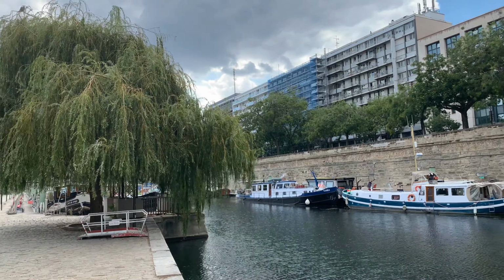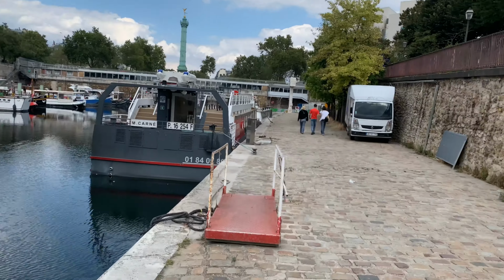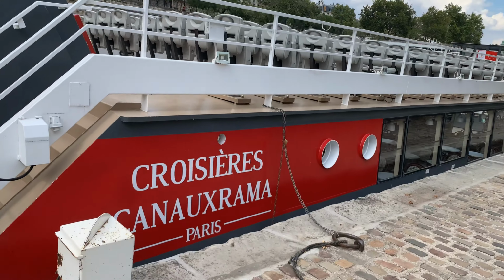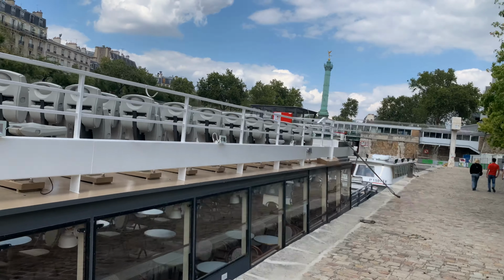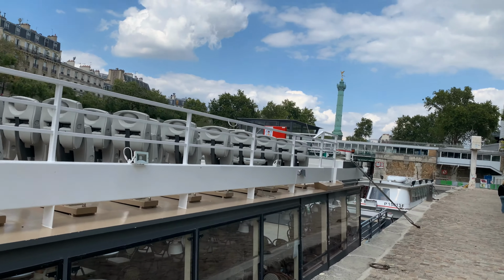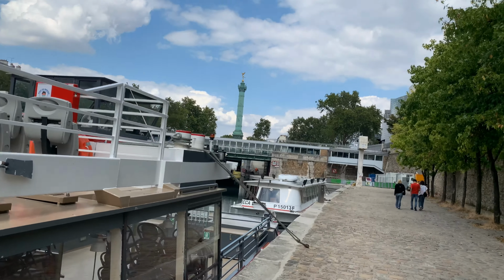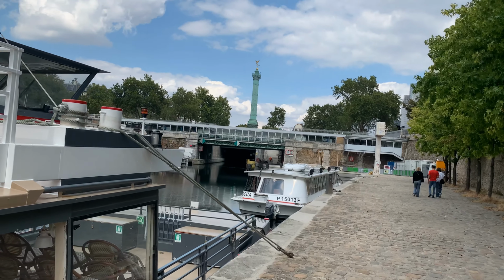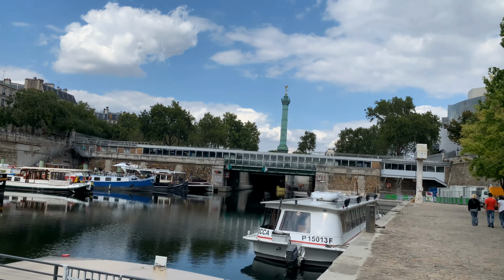Bassin d'Arsenal. Croisière Panorama. So the cruise ship to go to the canals I mentioned earlier. Cruise is a bit strong word maybe. But yeah. And here you can see